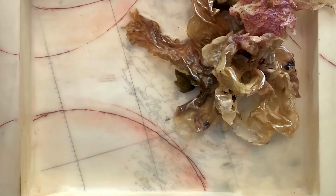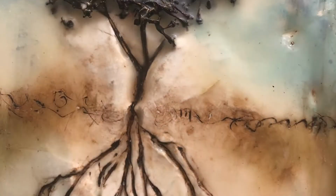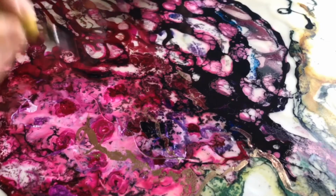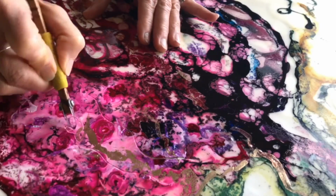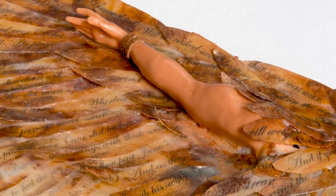Encaustic boasts this beautifully translucent and slightly milky surface. It can be textured or silky smooth. It can be worked into exquisitely carved surfaces, and encaustic's ability to layer mixed media materials into the painting strata